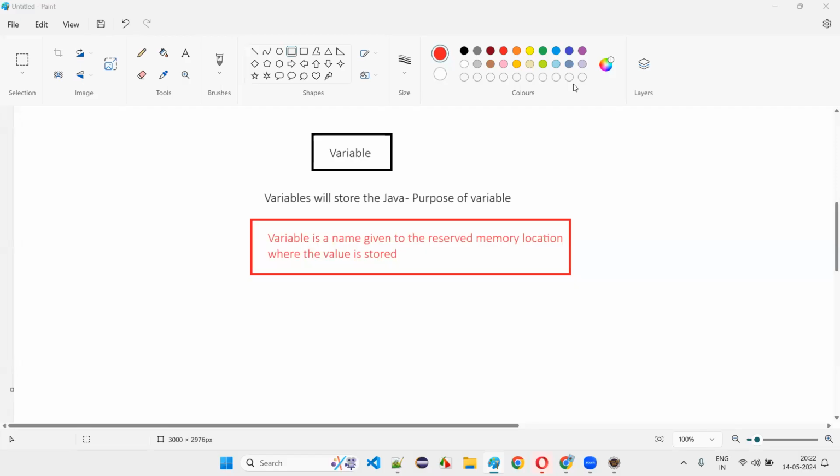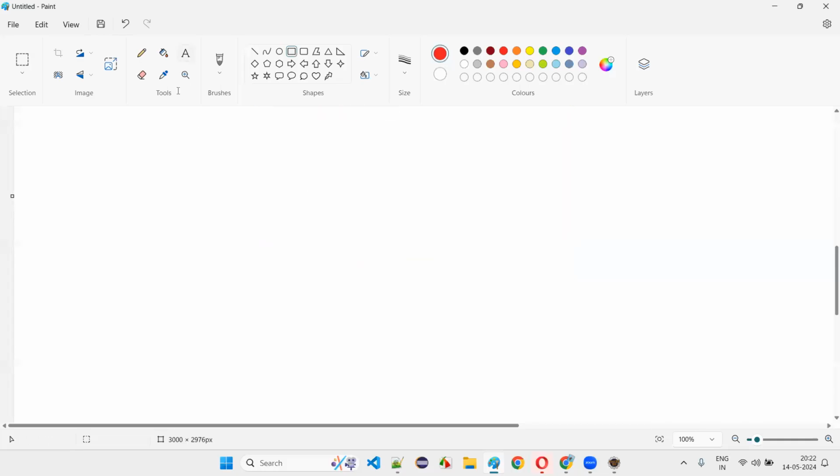We have put a name to every mobile phone number, right? If you go to your mobile phone, you'll not directly see the number in your contacts. You have to give the name, and it will filter out the number for you, right? So here also same thing, guys. In Java also same thing. For example, if I write a statement like int a is equal to 5,